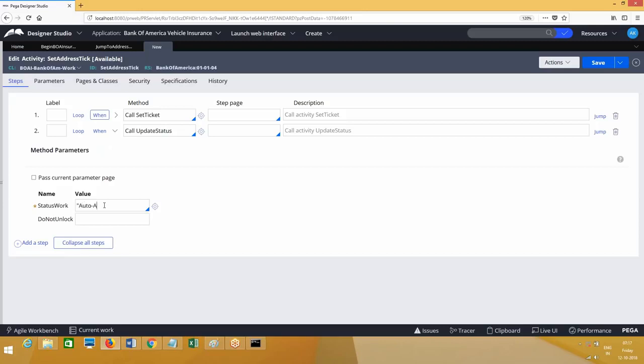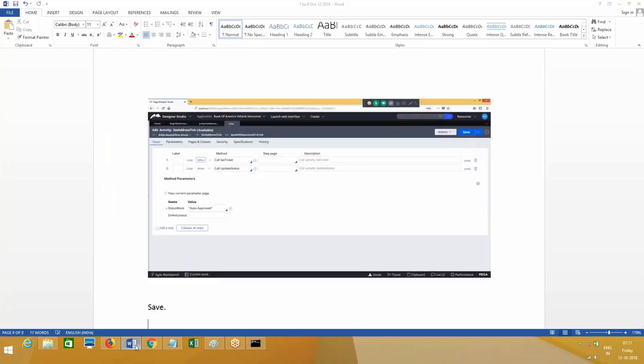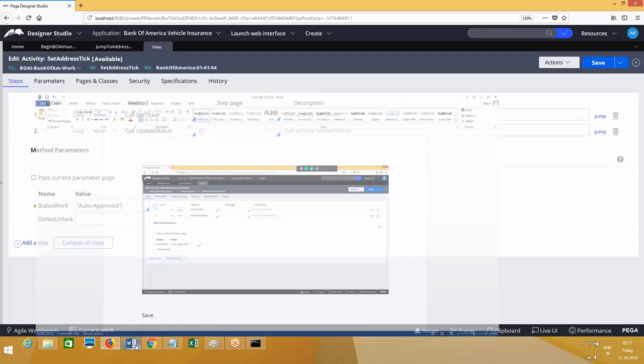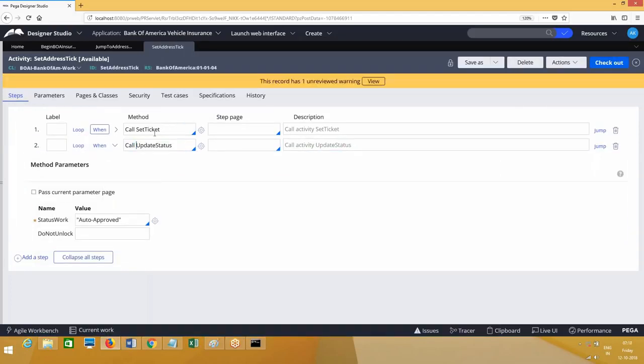Auto approved. You can create a field value and call it here, but I am not creating that. There is an OOTB activity already available in PRPC, using which you can update the status of a work object. Can you tell me what will be the steps inside this activity, update status?